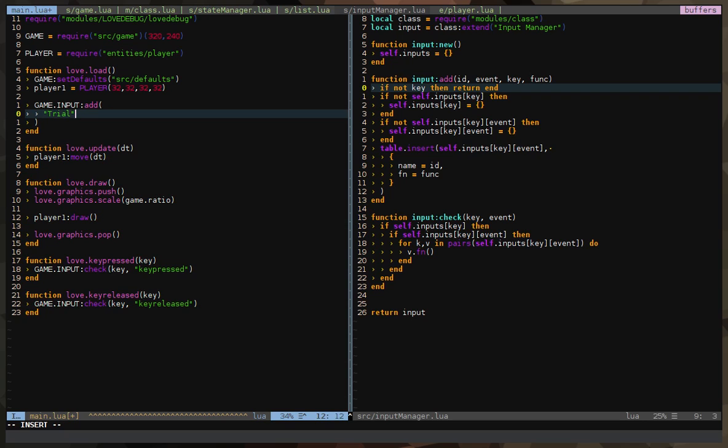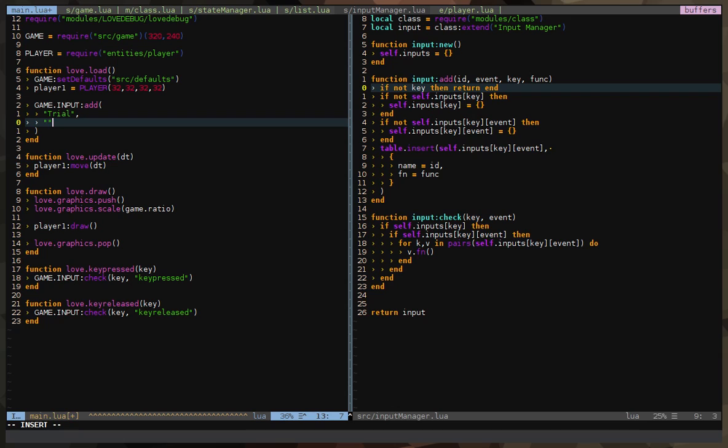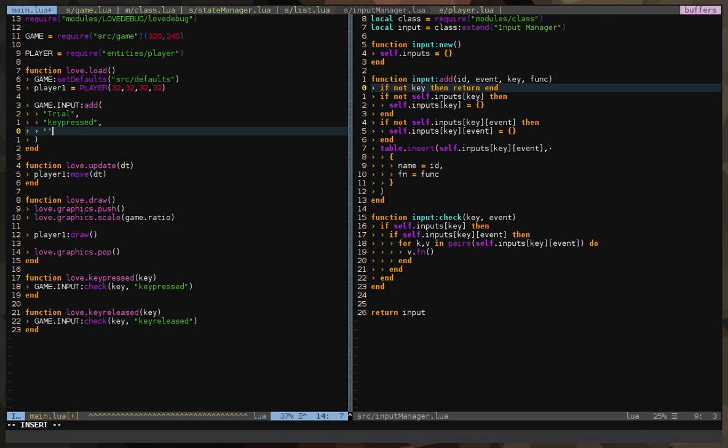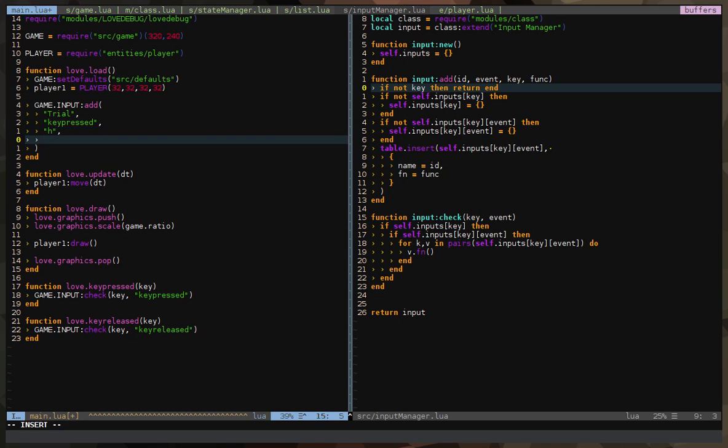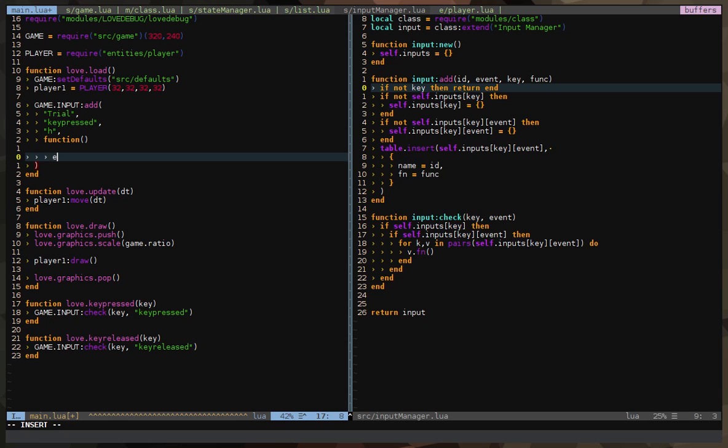You can name this anything you want, trial, and then we're going to say an event, keypressed, and then the key will be, let's just say H, and then let's pass a function here that will print hello world again.